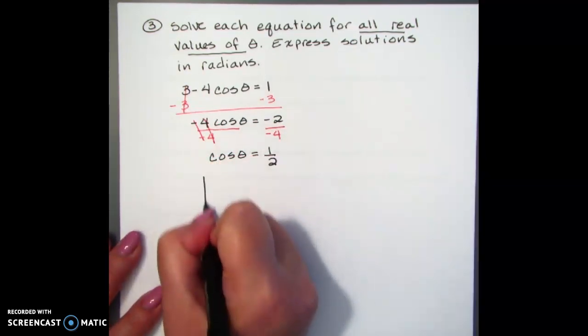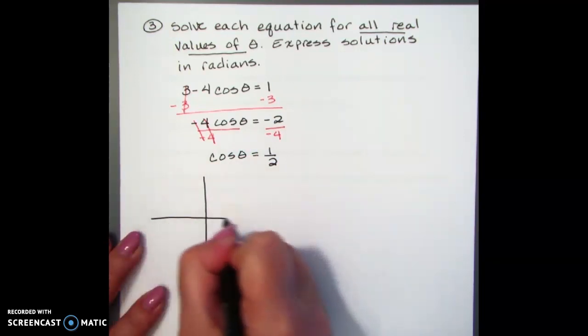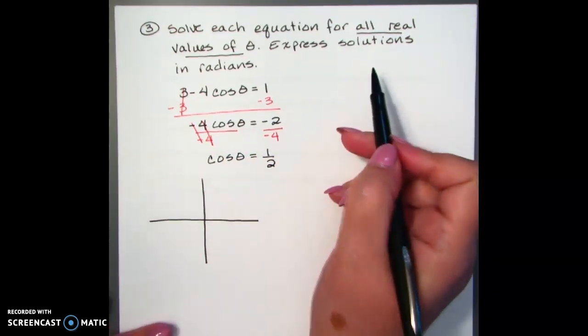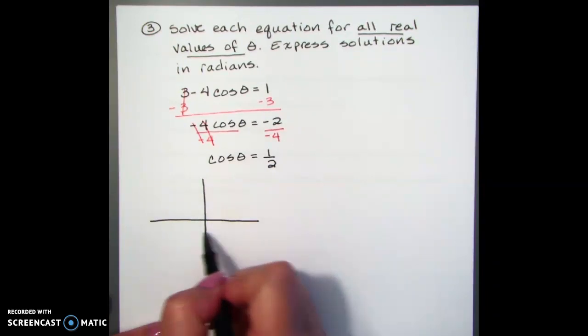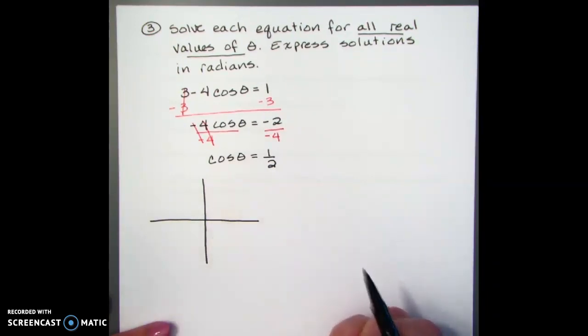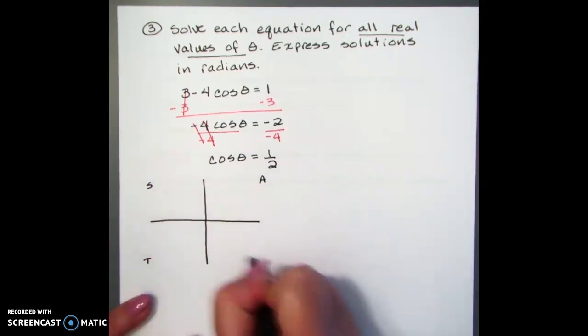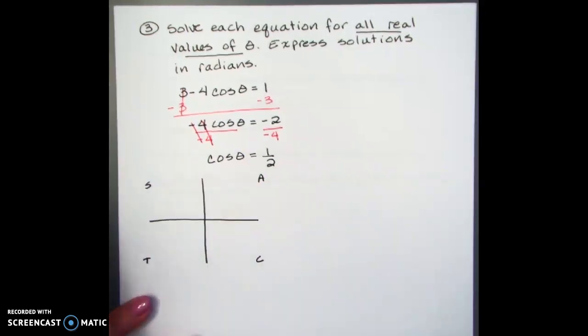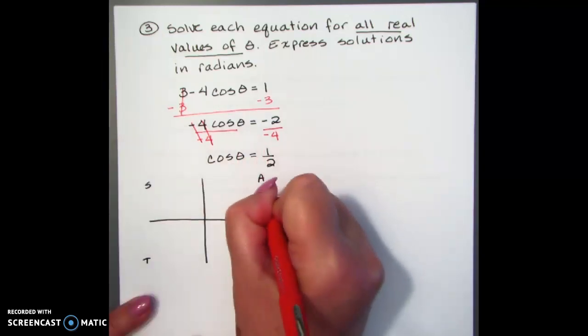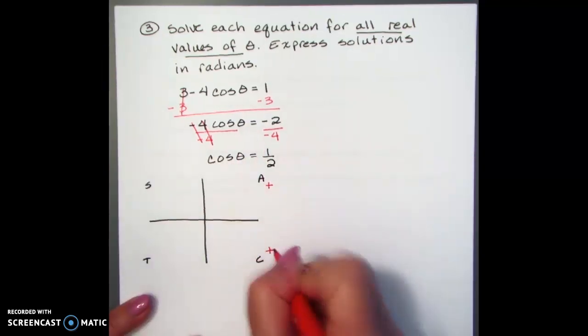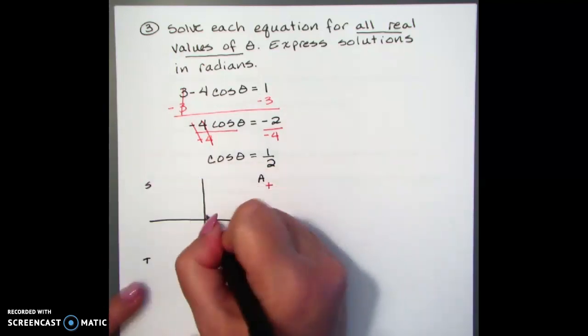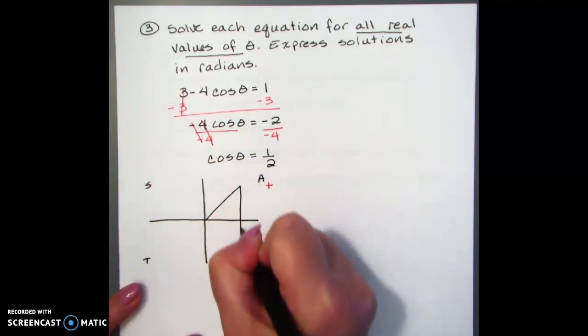And so when we go to put this in our quadrants, if it's all possible solutions, we're going to look for the solutions in one revolution. And then when we're done, we're going to add 2 pi n to that to make sure that it's every possible coterminal angle to each of those answers. So if all students take calculus, we notice that cosine is positive in quadrants 1 and 4. And so I'm going to build triangles in those 2 quadrants,